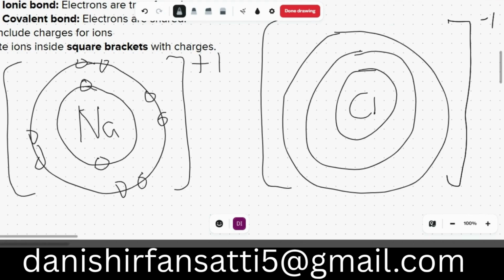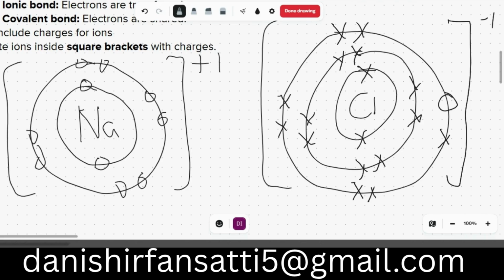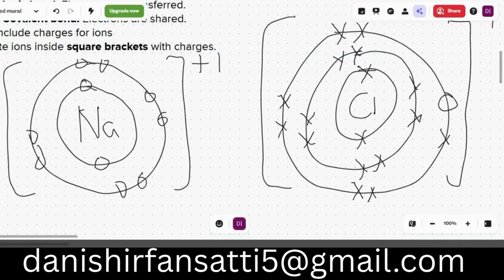Why does it have a minus 1 charge? Now I will draw crosses for chlorine. 1, 2, 3, 4, 5, 6, 7, 8. That is 1, 2, 3, 4, 5, 6, 7, and 1 electron it will gain from the sodium ion. Now we will do one more example of